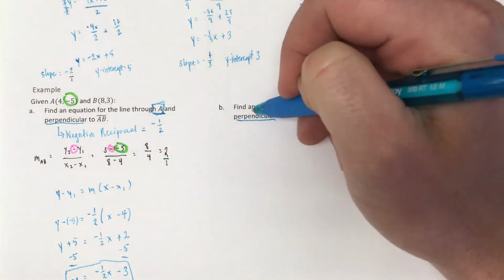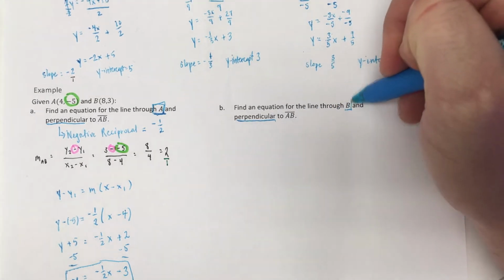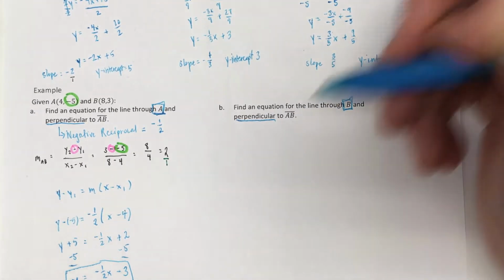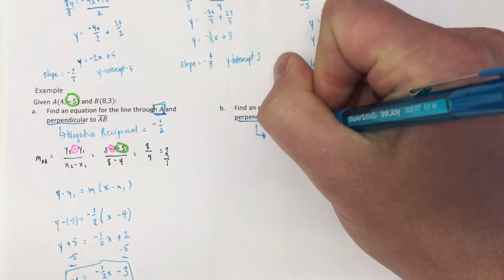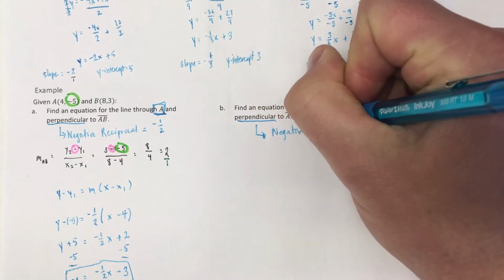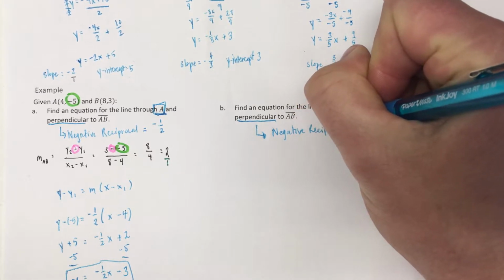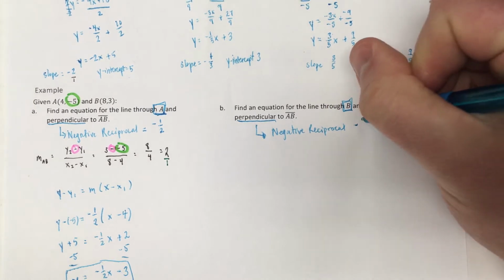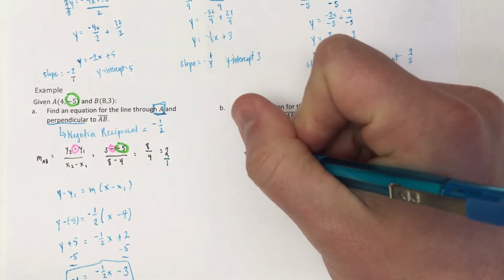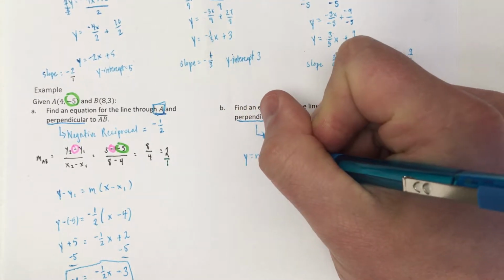Okay. Again, find an equation of a line through B and perpendicular to AB. I always write this down. Perpendicular is a negative reciprocal. Since I'm working from the previous information, it's just a -1/2. I'll show you how to use y equals mx plus b